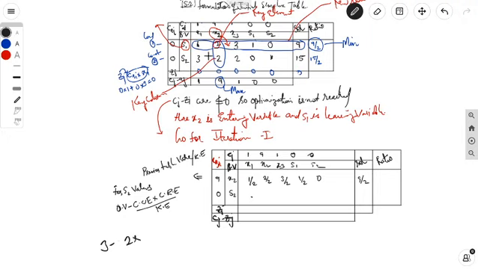The corresponding row element of 3 is how much? 1, by key element is how much? 2. So 3 minus 2 into 1 by 2,